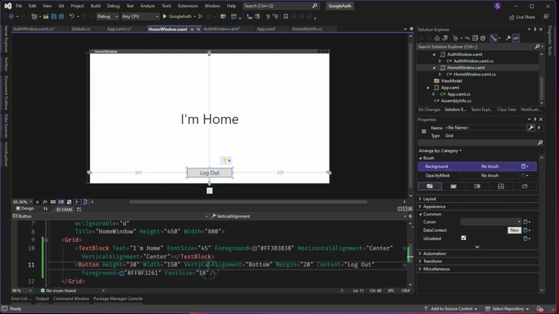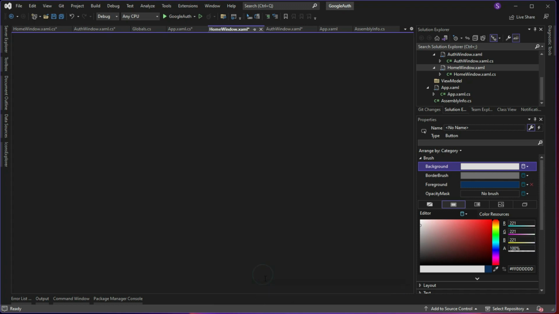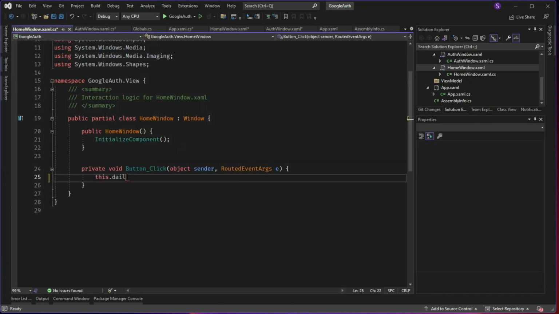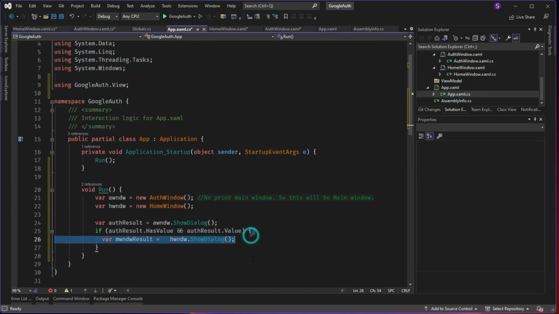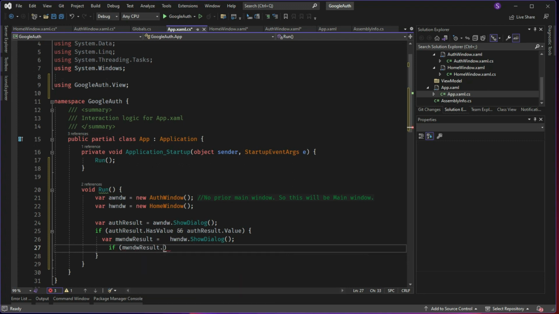Here I will have a button click and say this dot DialogResult is equal to true. What happens here is when the application is closed, we will directly close it, or else when the user signs out, we again need to show the login window. If window result dot HasValue and also Value, we'll say